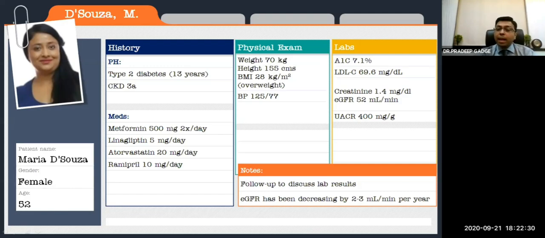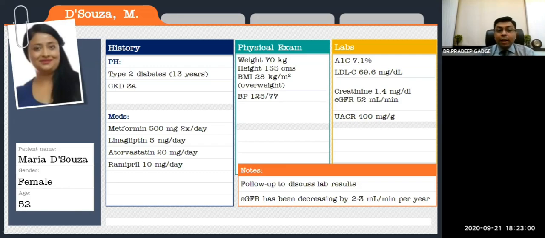But we should understand that we should prescribe good doses of such drugs because we are not giving them only as lipid lowering drugs. We are giving them as cardioprotective drugs to prevent plaque rupture, where you should be giving a decent dose. Similarly, ramipril. Very rarely we give 10 milligrams of ramipril. In this lady, luckily, the potassium was quite okay after taking 10 milligrams of ramipril. So I had the liberty of going up to 10 milligrams.